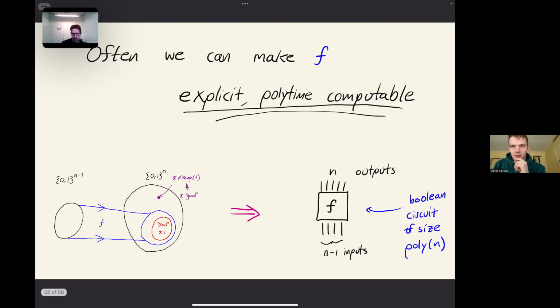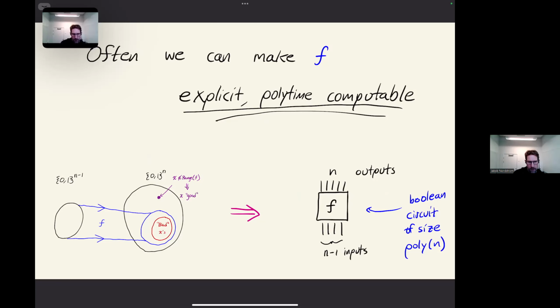And so the key observation is that in many of these probabilistic method arguments, if we unroll what the argument is doing, they actually yield this explicit function f, which is able to describe all of the bad instances using a smaller number of bits. In many of these probabilistic proofs, we're able to extract from the proof an explicit example of this function f, which is polynomial time computable. And so it can be described by a